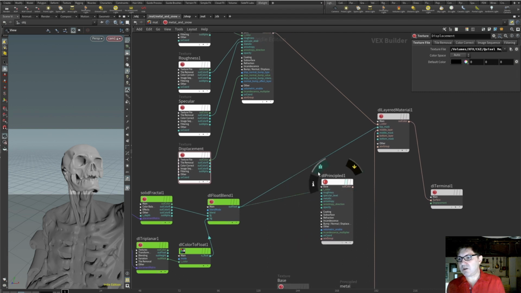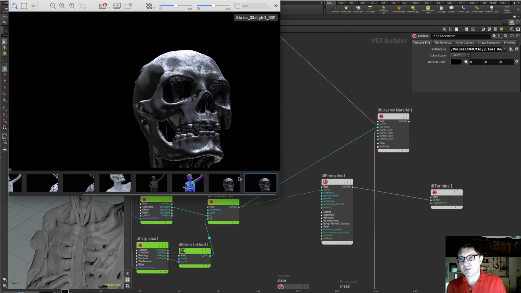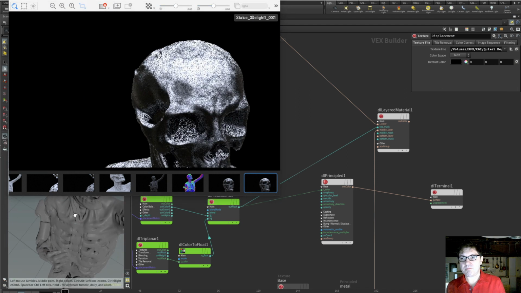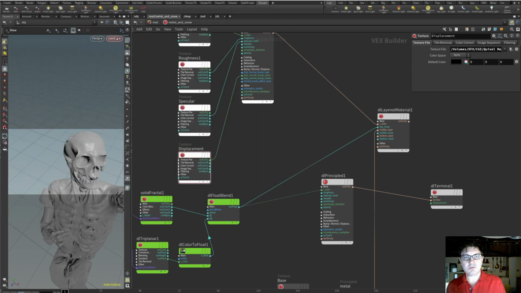Let's go back to our test principled node just to see what we're doing with this masking. So I'm just going to plug this back in, and I'm just going to hit refresh so that we can see. So now we're back to our mask that we built. We're not actually seeing textures right now, okay? So we want to be able to use this mask, and we want to apply it to the displacement. So let's do another float blend